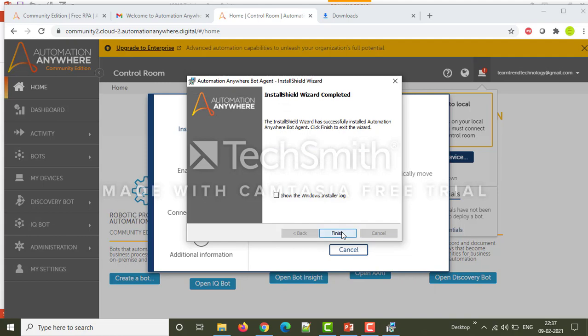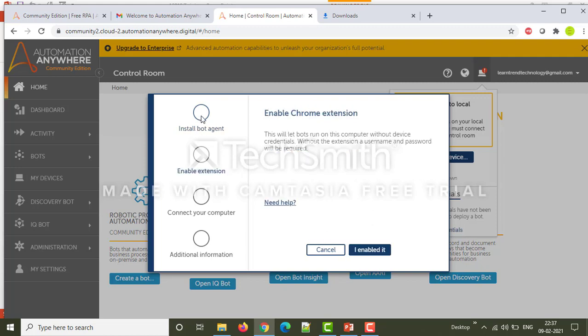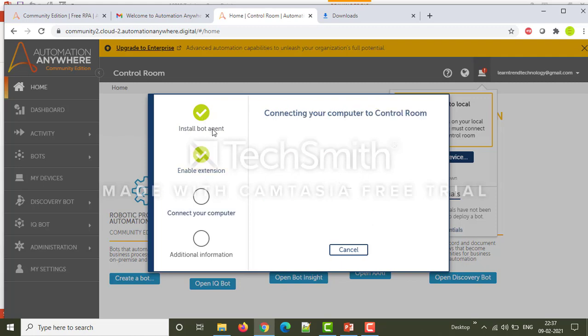So it's completed. You can see now the green tick mark came, it is installed, and the extension is also enabled, so it will connect to the computer.